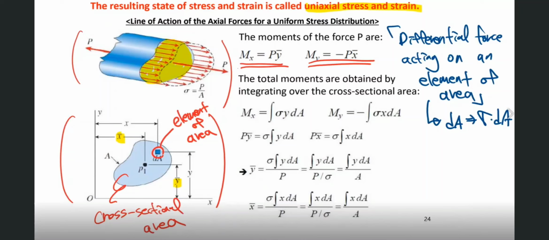So using this specific condition and the moments of the force defined by the force P,